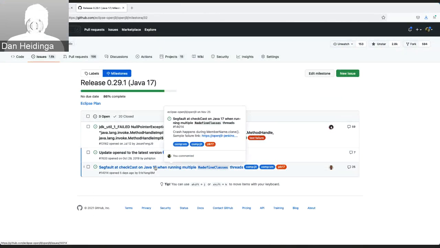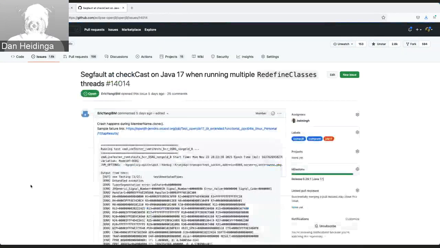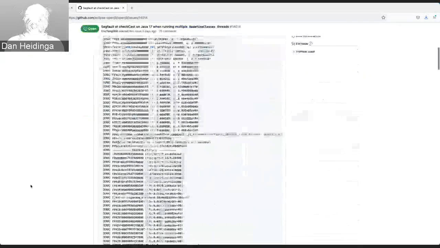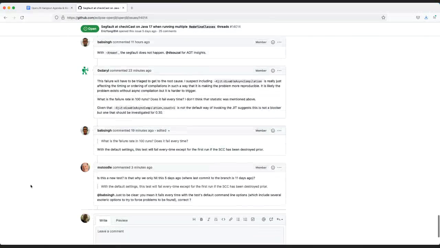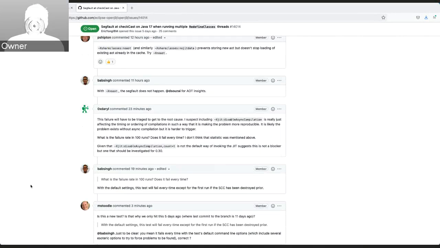That leaves us then with the check cast on Java 17 issue. While this seems a problem, it doesn't seem like a blocking problem to me. Yeah, I agree with that. Just a comment about half an hour ago: the fact that these are not default JIT options that are required in order to reproduce the problem. I didn't see the other two updates here, so